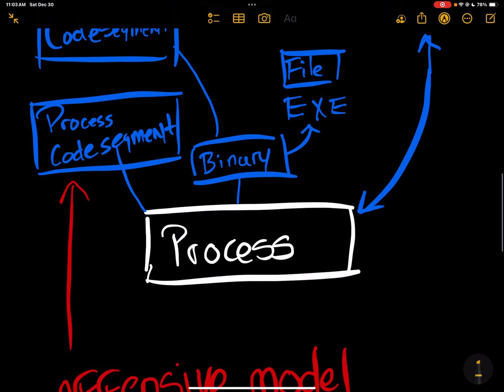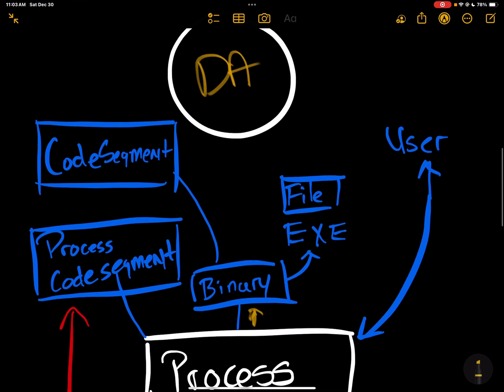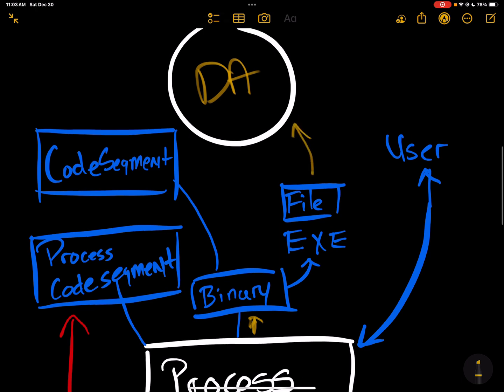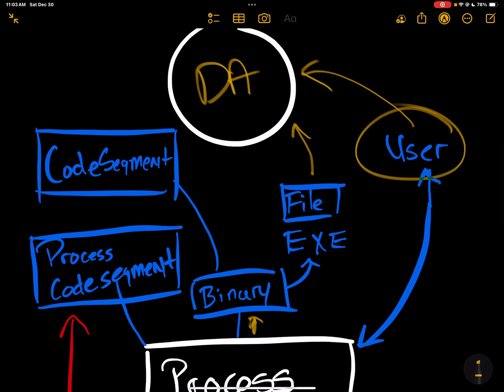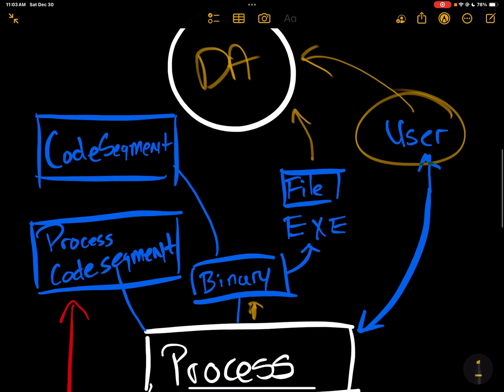A user interacts with something, it creates a process, and that process is going to use an image path to find the executable binary. That executable binary is going to operate a file, and again, this is tied to our digital artifact. Our user that's using it is also tied to the digital artifact. We've got identity access management, which accounts for our users. That binary is going to execute a code segment, and the process is also going to create a process code